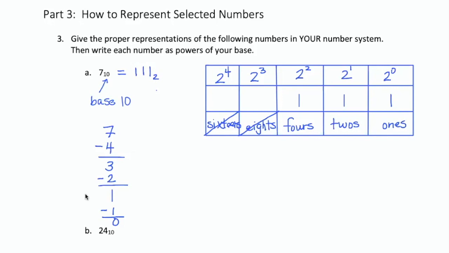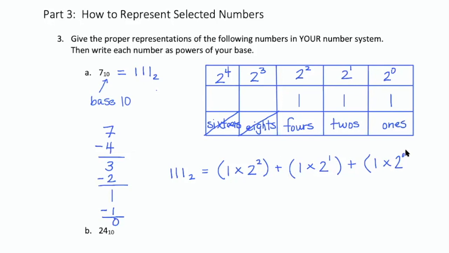I mean 111 in base 2, which is 1 four, 1 two, 1 one. To represent this as powers of my base, I do the same thing we did in base 10. The first one is the number of 4's, or as a power of my base, as a power of 2, that's 2 squared. I combine it with 1, my digit, times 2 to the first power, plus 1 times 2